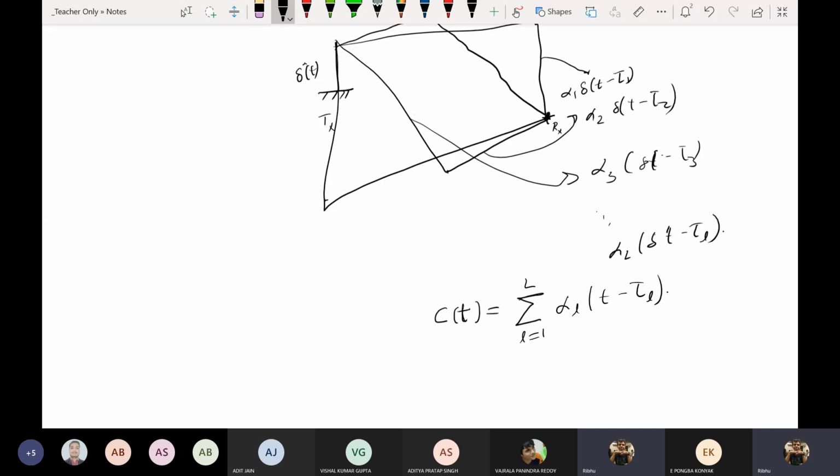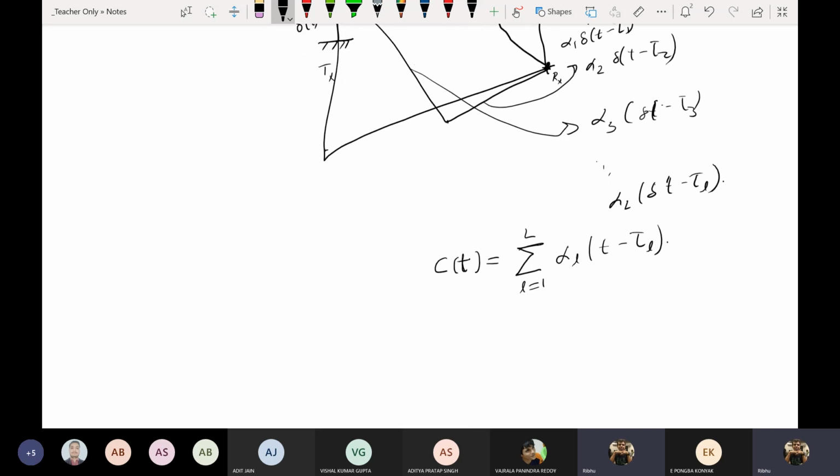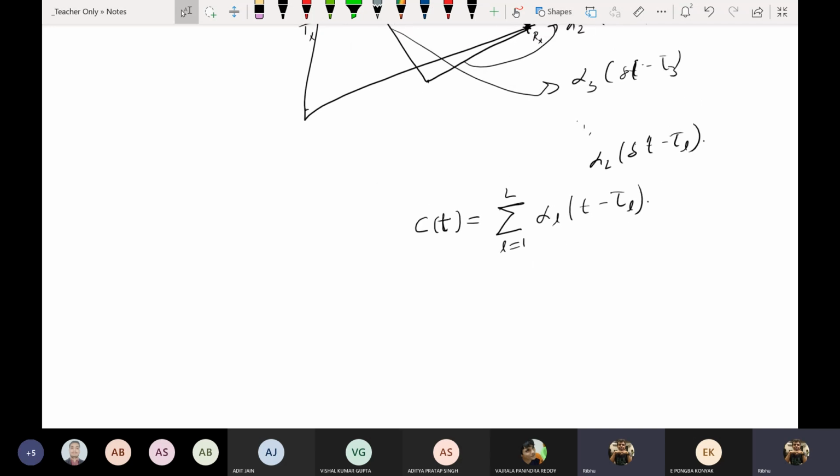Good. But we won't talk about the details of this impulse response now. Maybe we'll talk about it once we reach the point where we discuss impulse responses. So anyway, the point is that